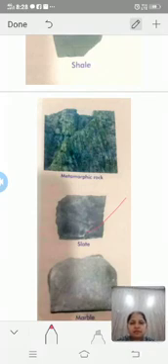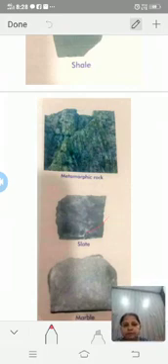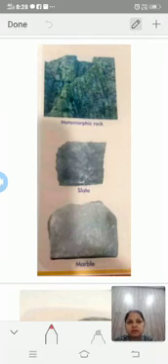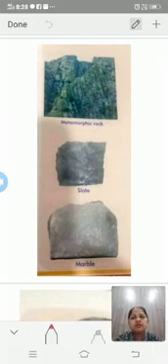The next one is marble. Marble is a metamorphic rock formed when limestone is exposed to high temperature and pressure. It is many colored, often mixed. White marble is most common. Marble is used as building stone for building facing, paving, etc. It is also used to make tabletops, statues, and decorative pieces.